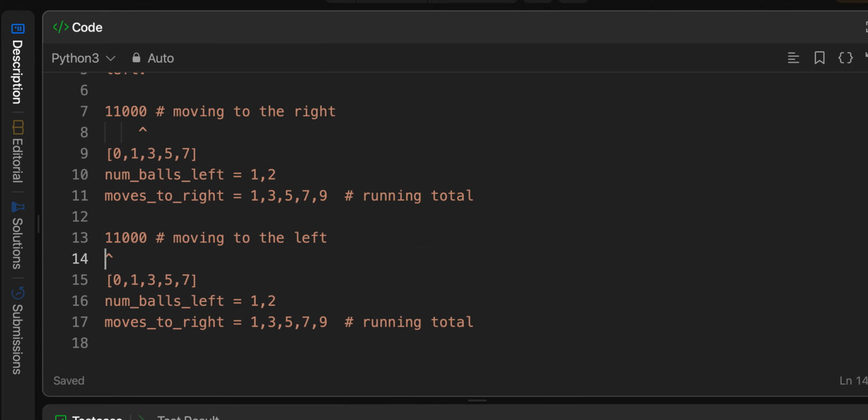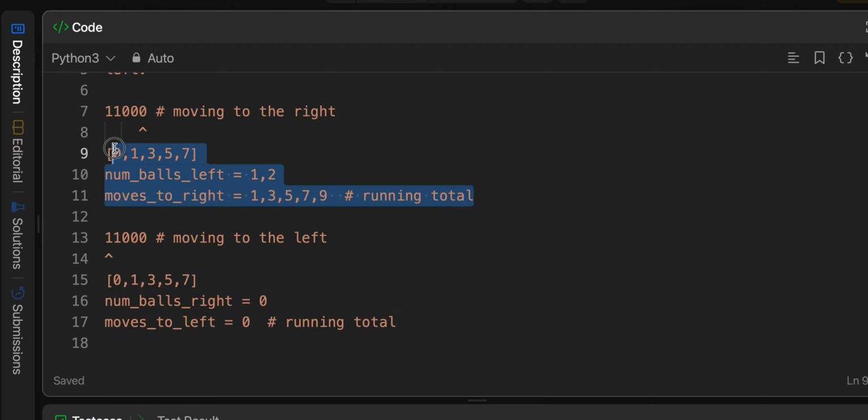I'm actually not going to walk through it because it's very similar, but we would update. This would be something like number of balls on the right side and moves to the left, and we would start at 0. Both of these would start at 0, and then we would perform the same type of scenario we did here, but just in reverse. Initially we'll use 2 for loops, one that performs the right pass and